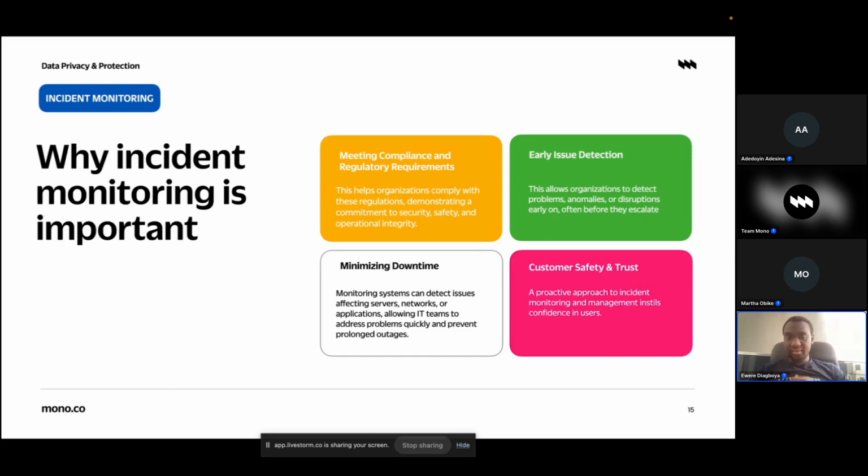So what you need to do is make sure that you can detect issues early. You have a process around what you need to do when you detect an issue. That will help you reduce the downtime you will encounter in your system. And then your customers can trust you. You can say, you know what, use this service. They have 100% uptime. They don't have downtimes.